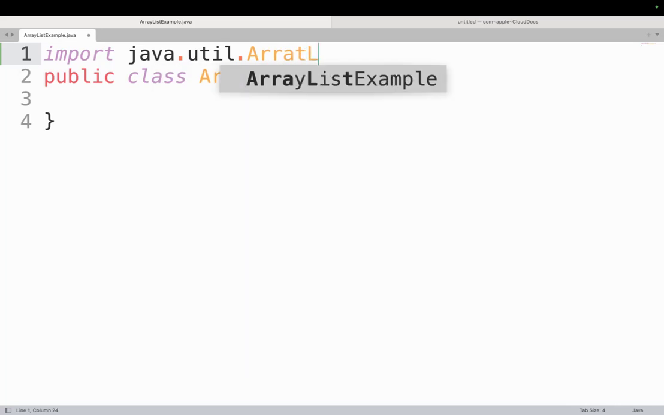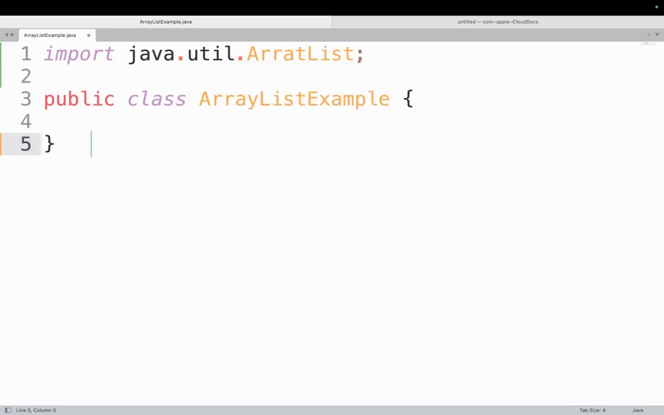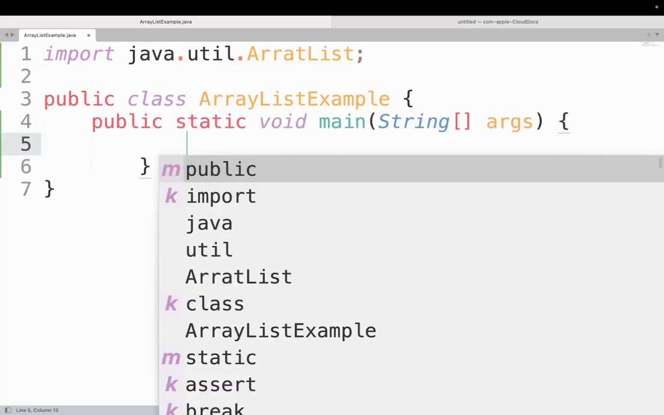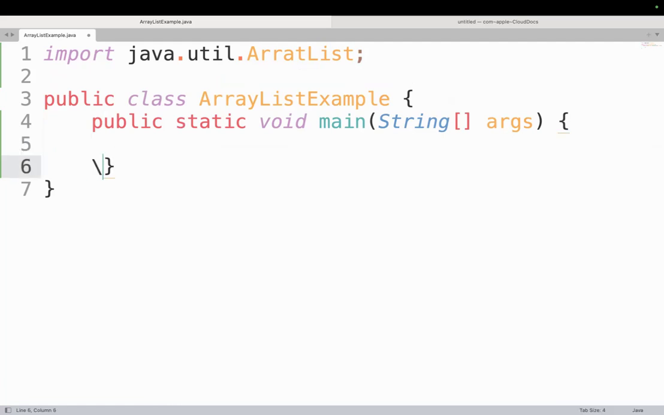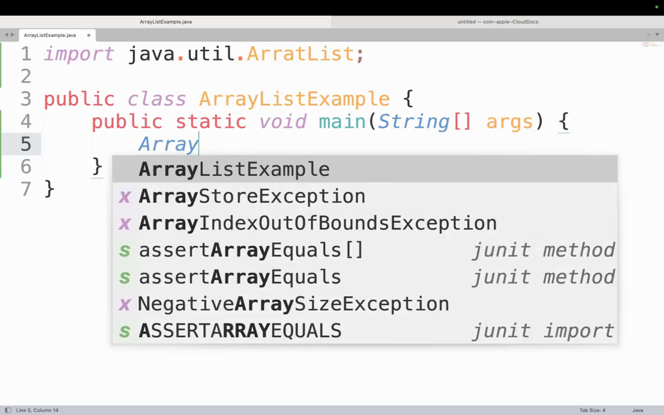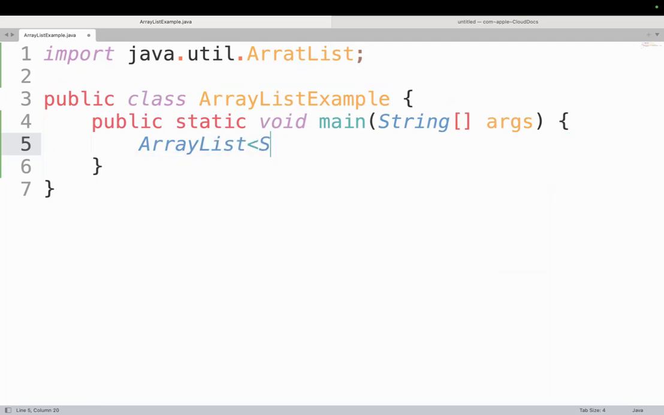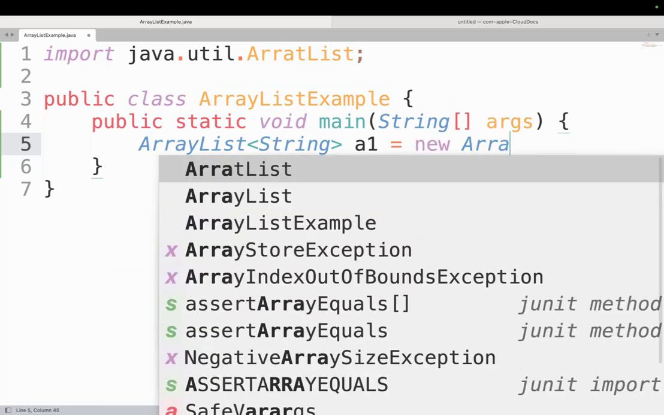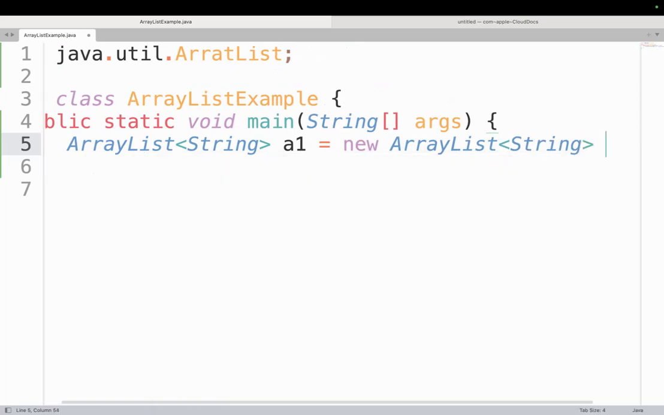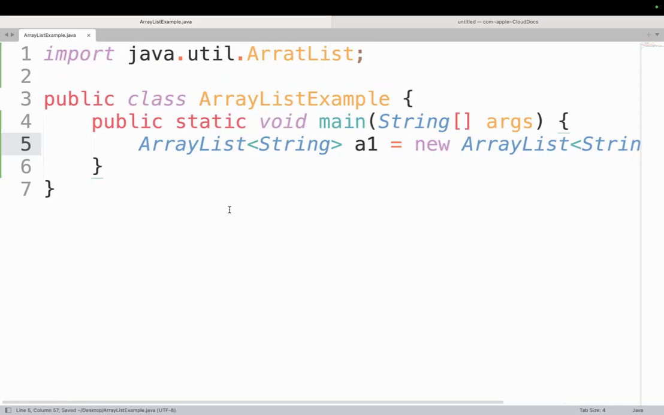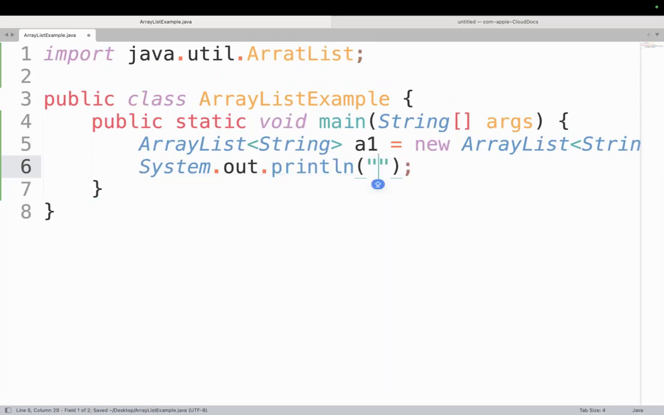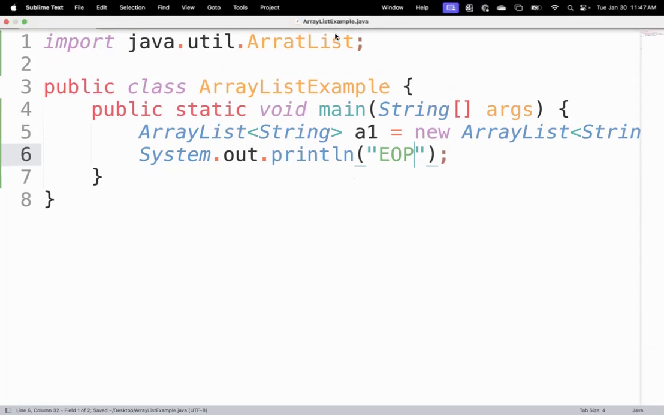java.util.ArrayList up at the top. And then we can make our main. And we can say ArrayList of type String a1 is equal to a new ArrayList of type String, round brackets, semicolon. Perfect. We're just going to add our end of processing message here so that when I go to run my